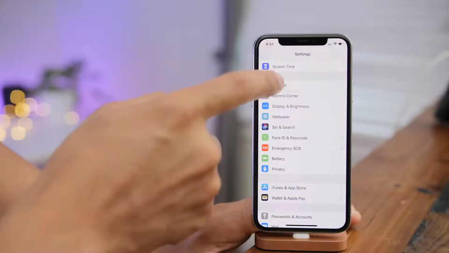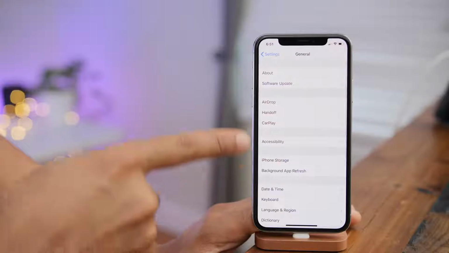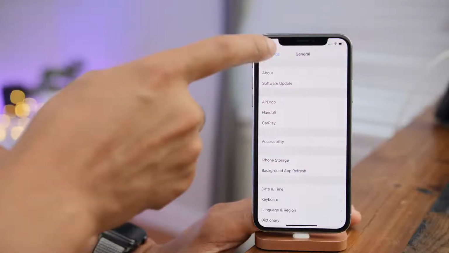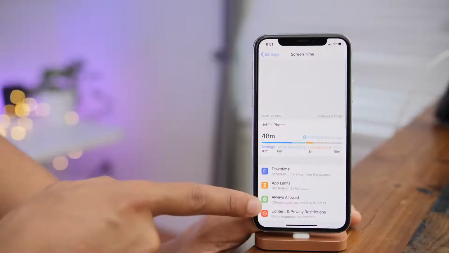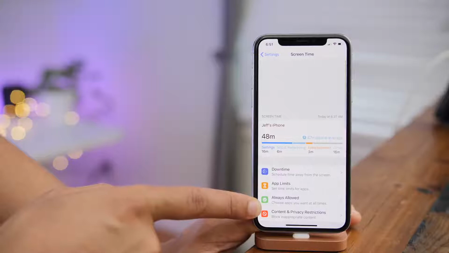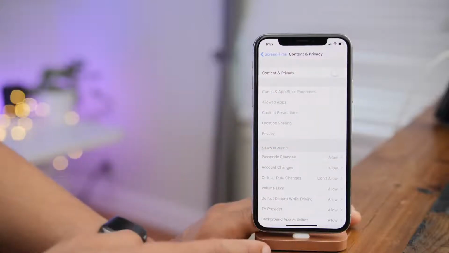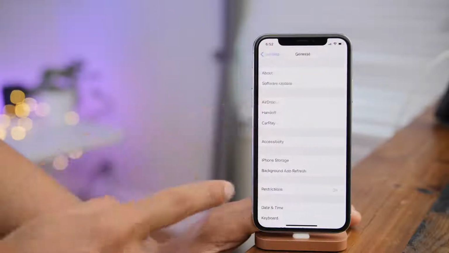In previous versions of iOS, you used to be able to find restrictions in the general section of the settings, but that is no longer found, at least initially, in iOS 12 because restrictions have been migrated over to Screen Time, which makes sense considering everything else involved with it. So once you enable the content and privacy restrictions, you'll then find it again in the general section of the